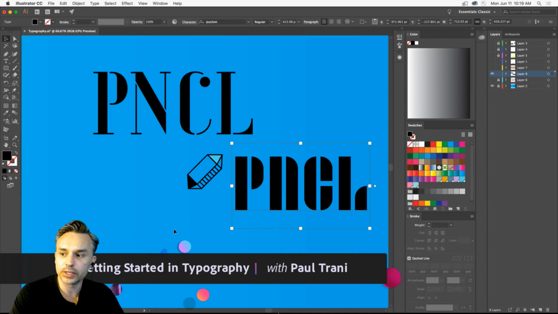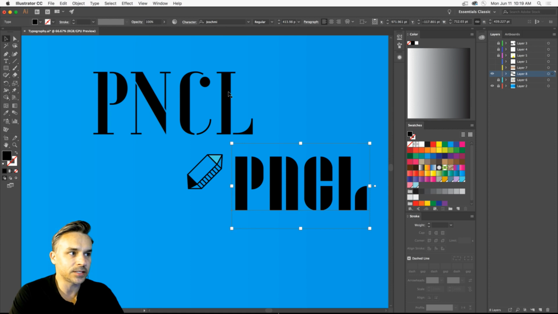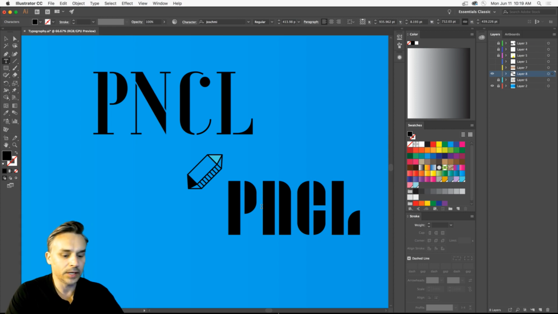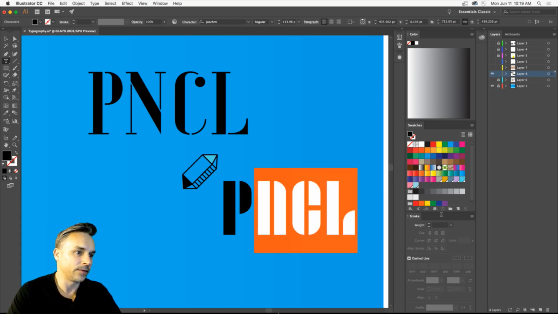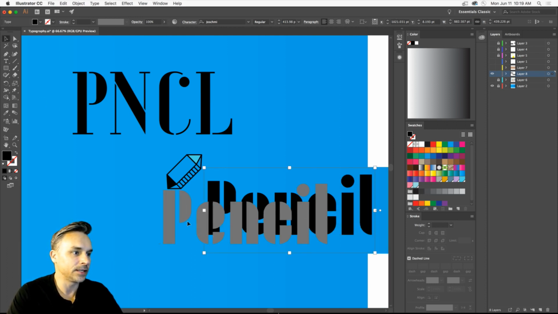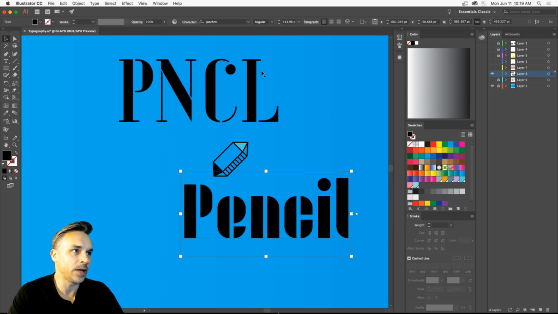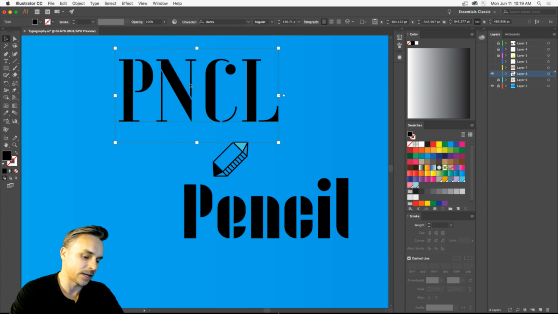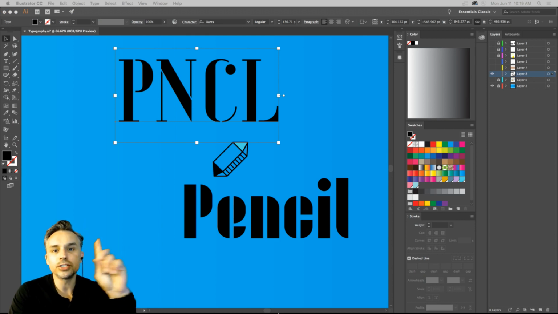one of these two reads really easily and one of these doesn't, right? So look, this PNCL, the fact that there's no vowels in it, it doesn't work in this case. So if I did PENCIL, and maybe I'll even try it lowercase, this could work, right? This could be legible. I could maybe get away with Yosemite, but what I might want to use is Xantz in this case, because this is actually much more legible than this one, right? And type has one job, and that's just to convey information in writing. Like, that's it. You don't have to make it any more complex than that.